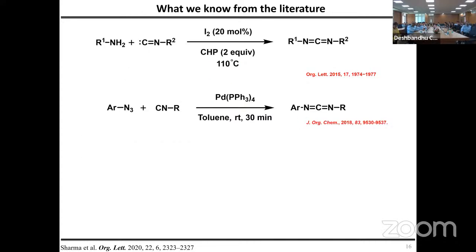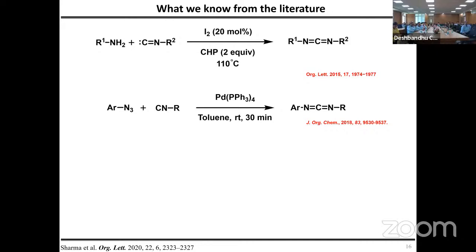And when we went further into the literature, we found that there are two methods available for the direct coupling of amine and isocyanide. In the first work, which was published in 2015, this amine and isocyanide can be directly coupled under very exhaustive oxidative conditions in the presence of iodine to synthesize these carbodiimides, whereas the amine can also be converted into an azide to react under relatively mild conditions, but with palladium as a catalyst